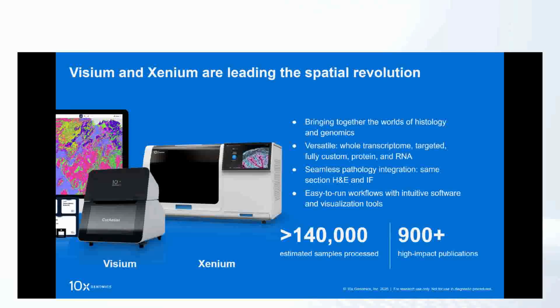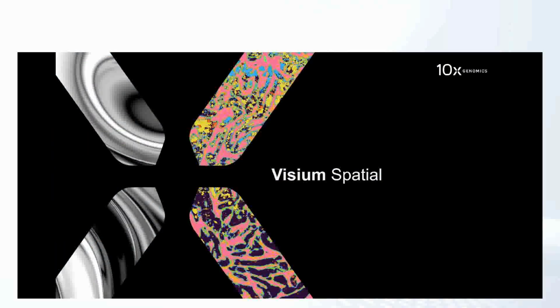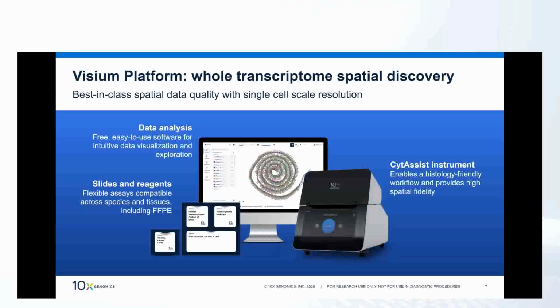So I'm going to walk through these products in the next little while. Starting with Visium, this is our method for whole transcriptome spatial discovery. As with everything that we do, we don't just produce an assay and give you data and wish you good luck. We have instrumentation that makes your life easier, makes the work more reproducible. We obviously have the assay, and we have the downstream software and analysis